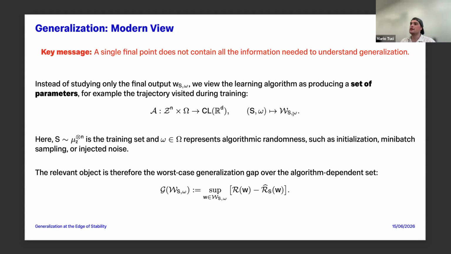That sounds really abstract, but what you can think about is, for instance, you have a training algorithm, and at each iteration, you get a new weight set, a new weight configuration. You gather them all together and then look over all those weights, how they behave. Maybe you can say something then about generalization. And the really relevant quantity here is then the worst case generalization gap. So we want to bound still this quantity of risk minus empirical risk, but this time we look uniform over a set of weights instead of just one single iterate. And then we hope, okay, maybe this viewpoint gives us more information and we get better generalization bounds and even better generalization measures.